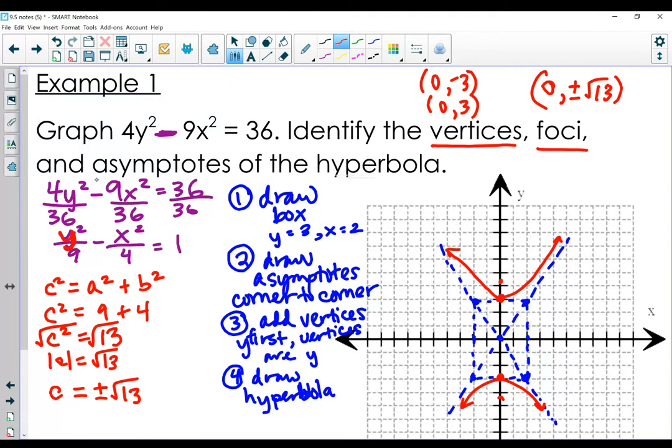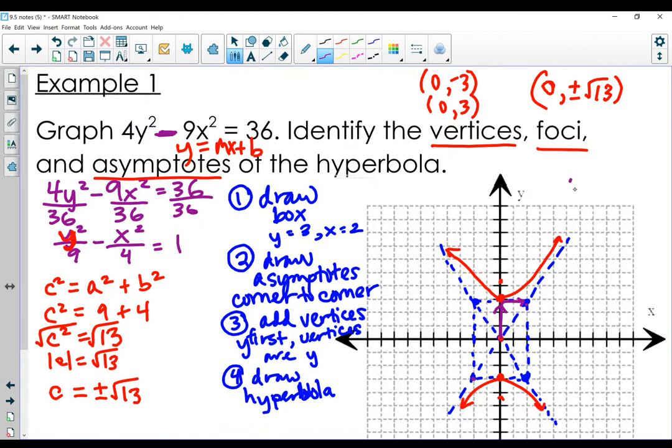Last part of this is doing the asymptotes. So we know our asymptotes are going to be y equals mx plus b equations. In this case, b is 0, because our asymptote lines go right through the origin. So let's count out the slopes for those. I have one line that starts here at the corner and ends here. So I could go up 6 over 4, or I could just do one little part of this. I have up 3 over 2. So that's going to be y equals 3 halves